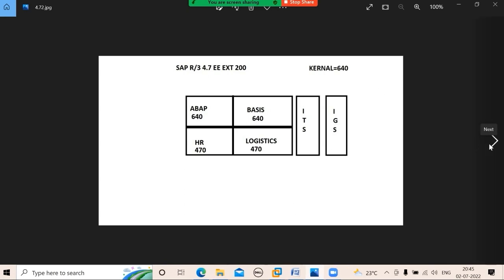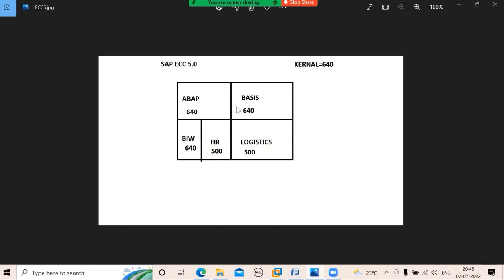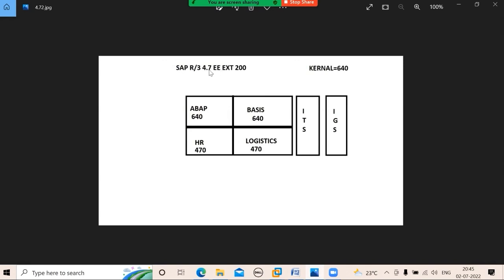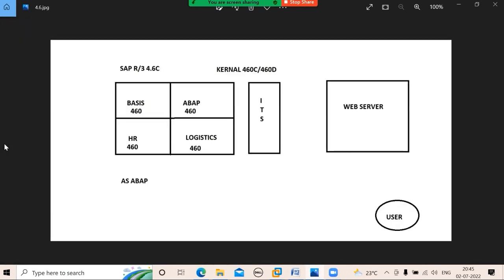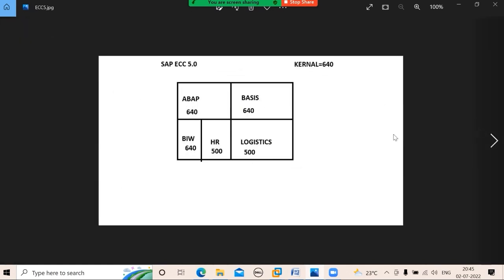After that, this is 2003. In the year of 2004, they released SAP ECC 5.0, and remember that was the last product of SAP under the R3 tag. They used to have SAP R3, but from ECC 5 onwards, they left out that R3. Why? What is the year? 2004. By 2004, all other companies had started using R3 technology. Prior to that, everyone was on R2. Only SAP was on R3. That's why SAP was proudly saying that I am using R3. That's why whatever the product SAP has, they used to write SAP R3.